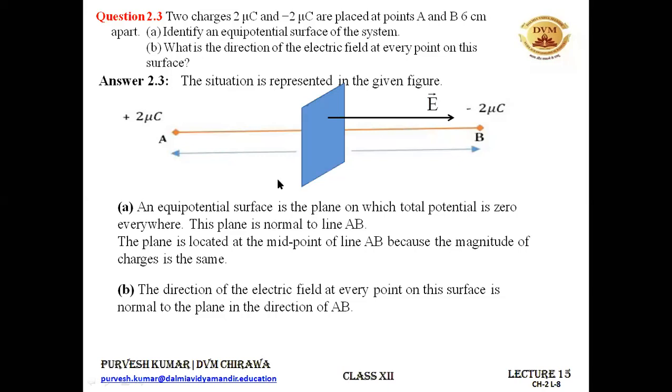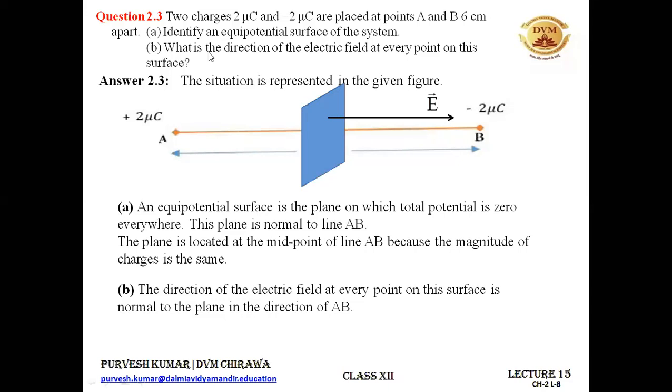Just draw an equipotential surface, that is a surface which is having a potential 0 everywhere on it and perpendicular to the line AB. This is a plane surface. You can draw it like this. And the direction of the electric field will be perpendicular to this surface, from the positive charge towards the negative charge. So this is how you need to represent it. It's more of a theoretical question, rather than a practical one. You don't need to solve up the values and all that.